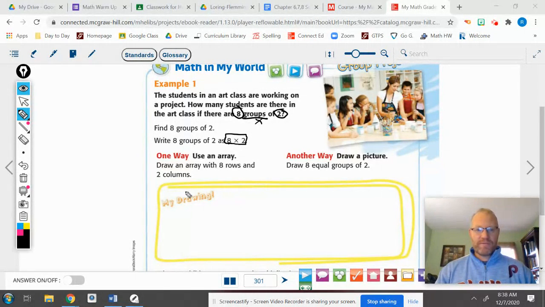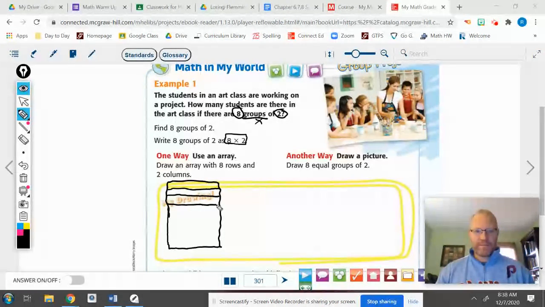One way, use an array. So draw an array. When we have 8 groups of 2, our box is going to be a little taller because we're going to have to cut it 7 times to make 8 groups. So we have 8 rows. So we're cutting it 7 times. It's 3, 5, 6, and 7. Now I have 8, and now I need 2 here, so I'm only going to cut it